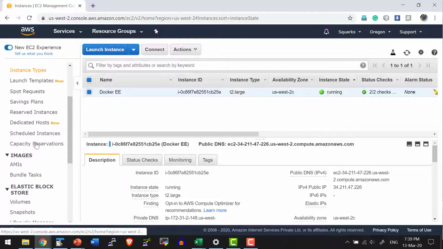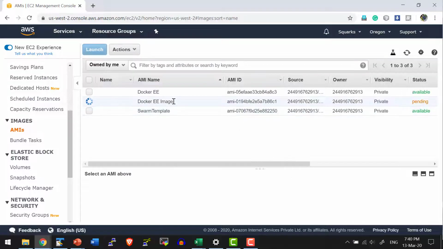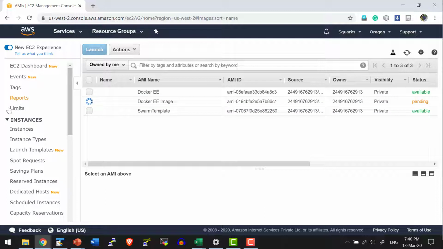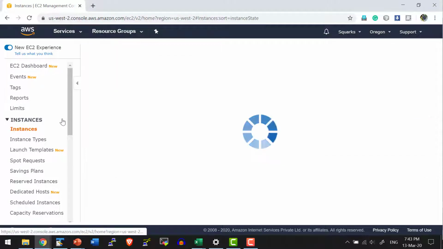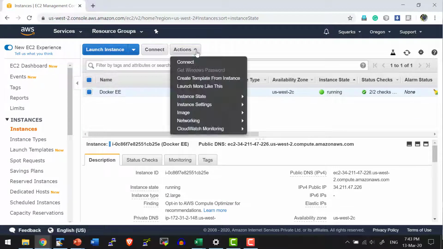Now I can check the status of this particular image from the AMIs option. So this is the image that we are creating now. And once the image creation is done, I can go ahead and terminate the instance or reuse this instance. I'll go ahead and terminate it so that I can start new instances from this image and proceed with the further installation. The image creation process is done. Now in future, whenever I want to start an instance, I can use this image and start the instance. Let me go ahead and terminate this instance which I used to build.